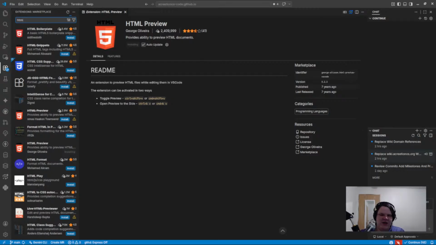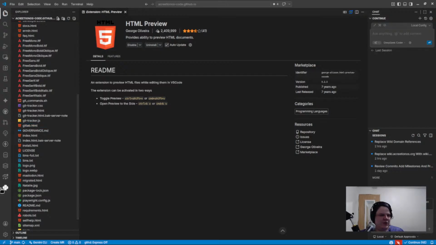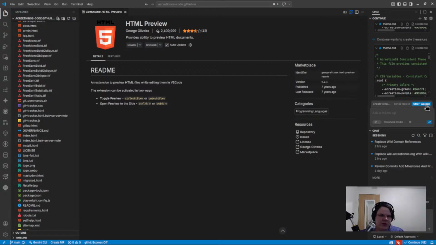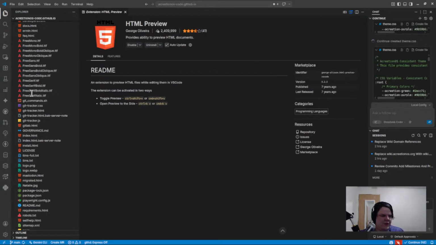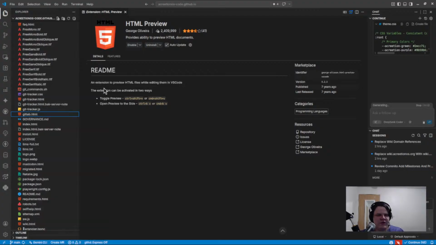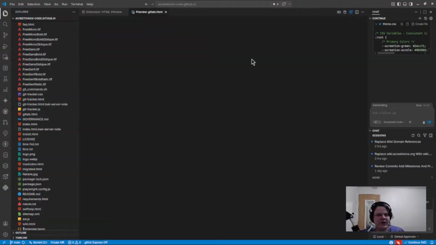This is chat. This doesn't interact with DeepSeek because they don't have a normal client for it. That's just how it is. Then you go down here. Yeah, no, I'm using their API though. So control. But if you see here, you'll hit here. Open preview. There we go. So this is actually the site.